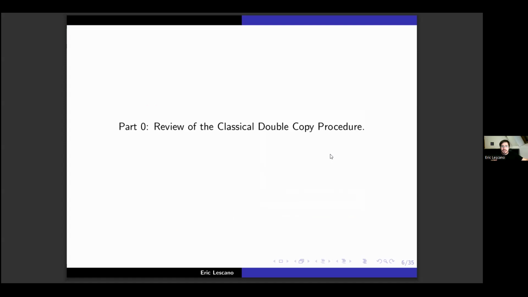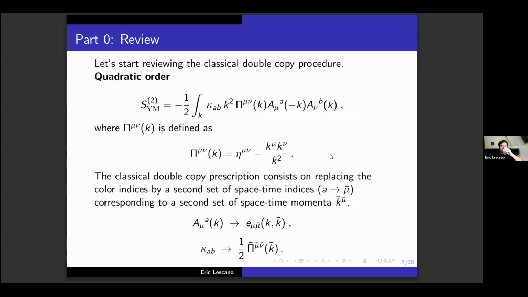So let's start with a review of the classical double copy procedure. At this moment on the screen, you can see the Yang-Mills Lagrangian. I have square terms, as you can see very easily. But instead of writing in coordinate space, I am writing in momentum space. This is a very important way to start in order to produce this kind of classical double copy,